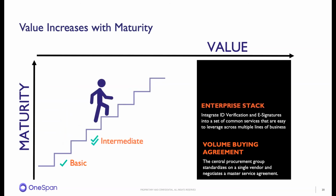And then next up, we see people incrementally add what we just spoke about, an enterprise stack. So you've done a volume purchase agreement, you've negotiated the contract so that every group can work through that, and then you build an enterprise stack. You identify the common services that need to be leveraged across those different lines of business, and then you provide some amount of pre-built integrations in that stack, which reduces the level of effort